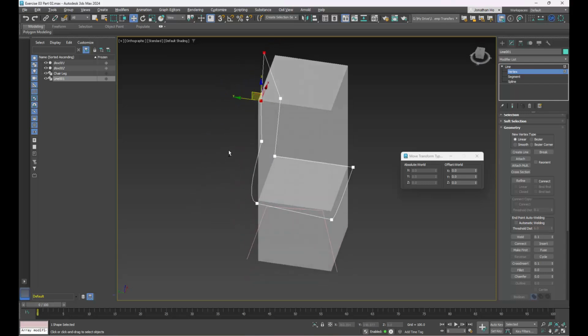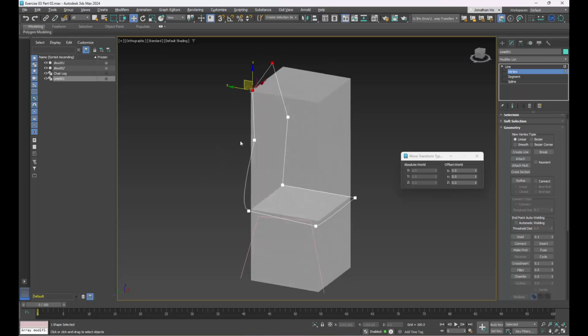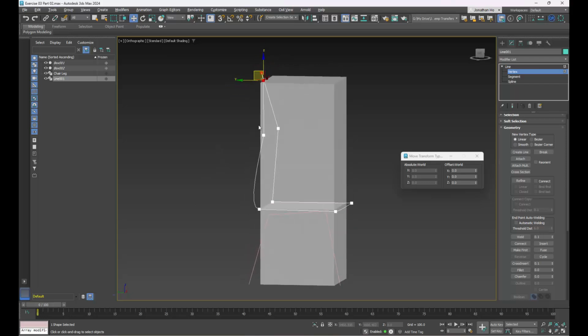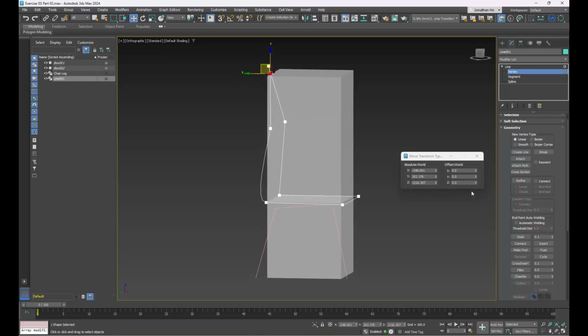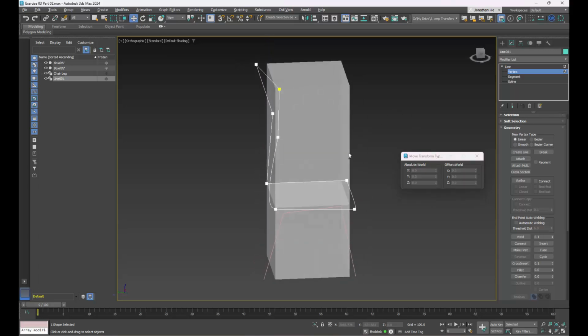Okay, the line is not very clean at the moment, but it really doesn't matter, no big deal, because we're going to deal with it later. Okay, so I'm just going to add this guy to the absolute correct height, which is 1200. So down here I can change the number to, let's say, 1200, so I can be very precise about it, and this one to be at 1200 also, and then I've got more or less the chair